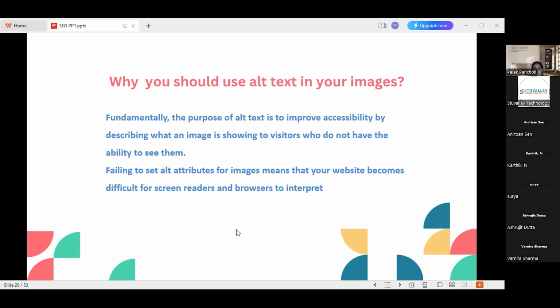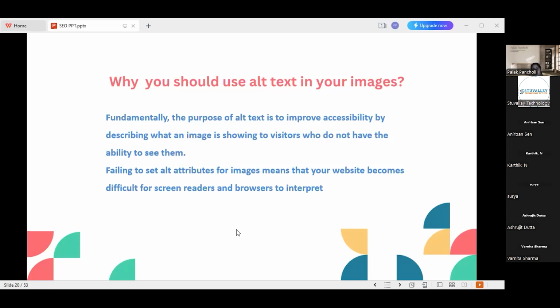Now, what are the purposes of image alternative text? First of all, accessibility, right? So, screen readers used by visually impaired users read the alternative text to describe the image, providing them with a better understanding of the content, right? Second purpose of alternative text is SEO, right? So search engines use alternative text to understand the context of an image, which can improve the ranking of your web pages in search engine results, right? That is why it is a must to use alternative text. Not for the users only, but for the search engine also, this alternative text is important.